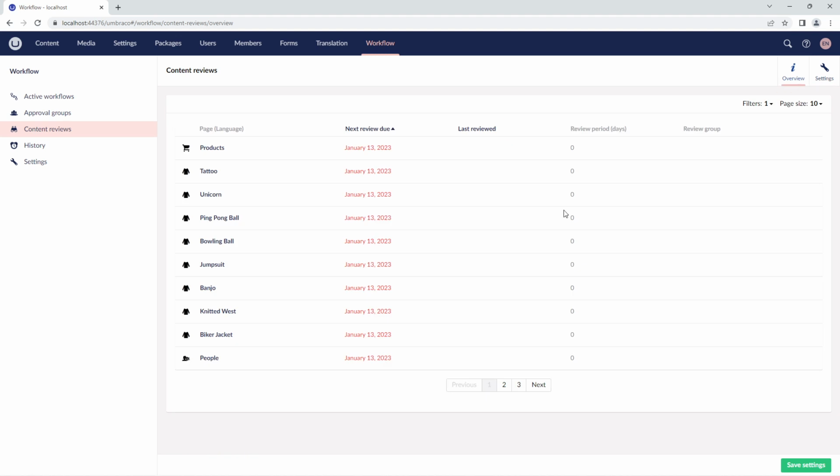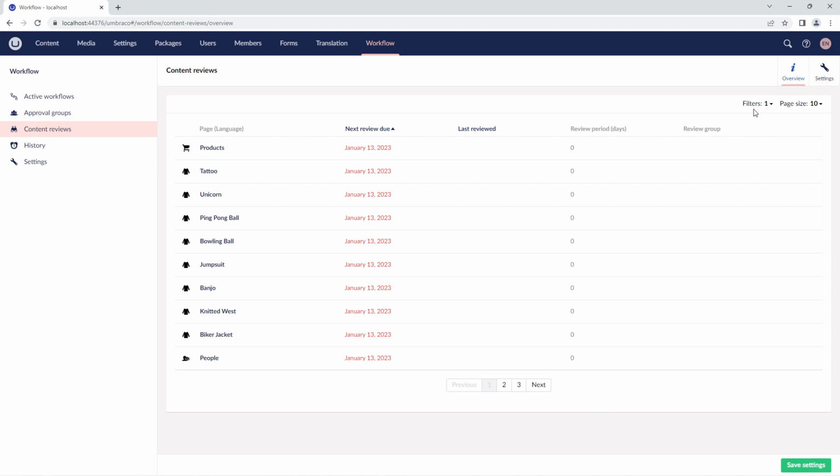Let's look at the overview dashboard. The dashboard displays a table containing the page name, next review due date, last reviewed date, review period in days, and the review group.